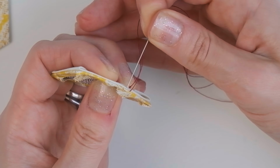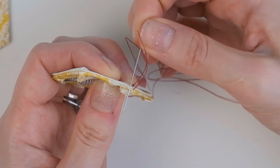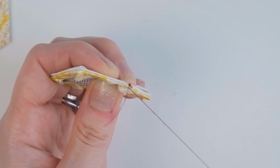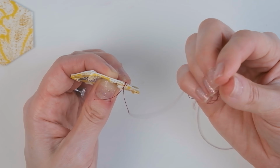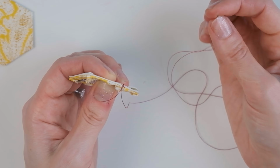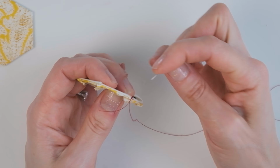So you're just gonna take your needle, again, just going through the fabric, not the paper. You just wanna feel the needle skimming across the top of the cardboard when you're going through. But if you do manage to nick the cardboard, it's completely fine and not the end of the world. And if your thread gets a little tangled, that's quite all right too. You do want to work with a relatively short length of thread just to prevent any tangles. So I like to measure my thread from the tip of my finger all the way to my elbow. And that's a good amount of thread for me to work with without dealing with any crazy tangles,